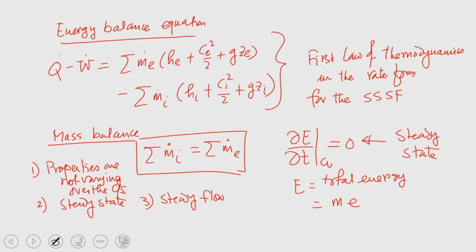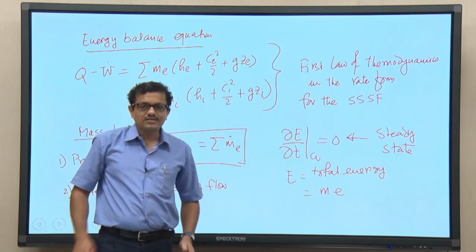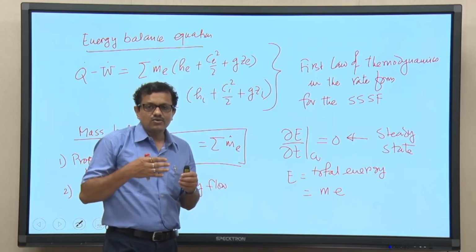So, considering all these, properties are not varying over the cross section through which flow occurs, state is steady and flow is also steady, and as I told you, the product of mass and properties should not change with time. Okay. So, our product of mass and properties do not change with time. So, with this I would like to